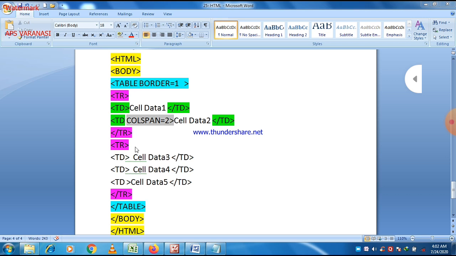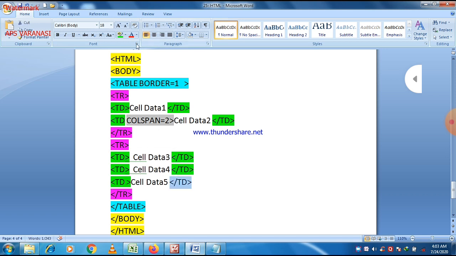Always remember that the td tag should always be written within the tr tag. So this is td, table data, related to the second row, and you can see that there are three different data: cell data 3, cell data 4, and cell data 5.